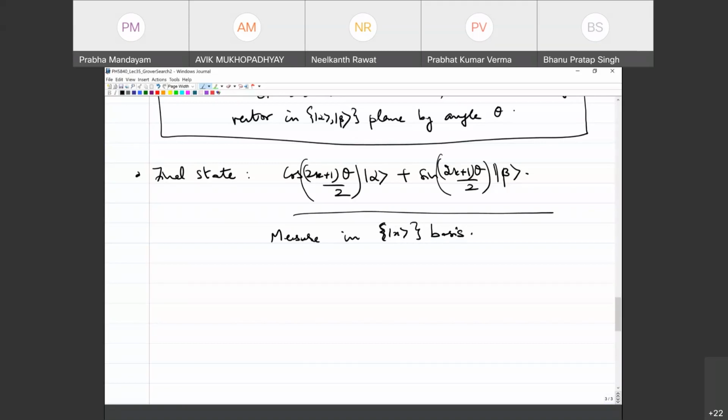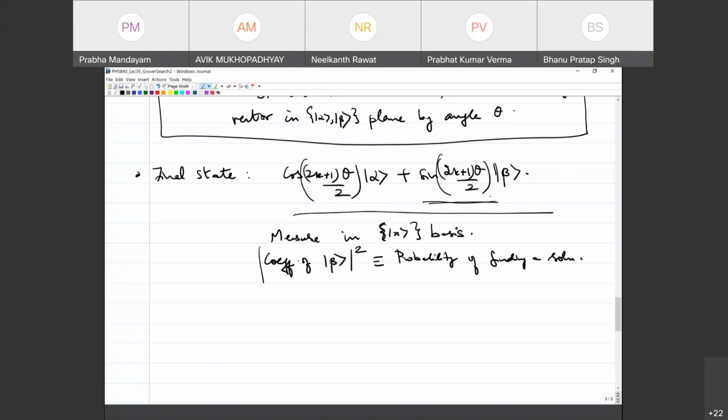So the coefficient of the beta term, basically the mod squared of that is going to be the probability of finding a solution at any point. I can stop the algorithm at any point after any number of iterates, right? So I can stop it there, then the probability of finding the solution is simply going to be the mod